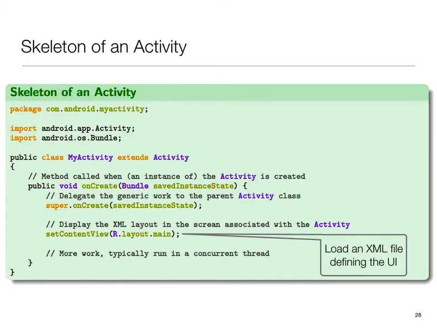And this is a brief skeleton of the activity, and you can see you have a declaration of the package that you're using, and we'll get into packages in a bit. Normally, this is auto-generated, but you could think of packages as kind of a file structure. And import is just like in Java. You would have to import different Android classes, and then you have this public class myActivity extends activity,